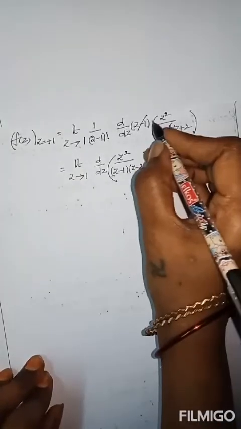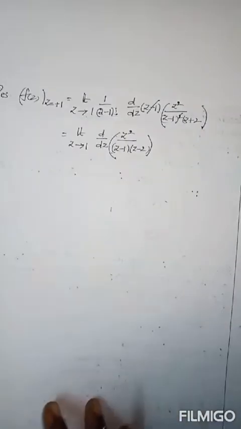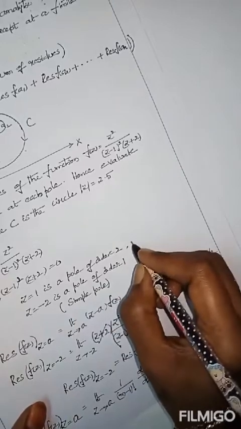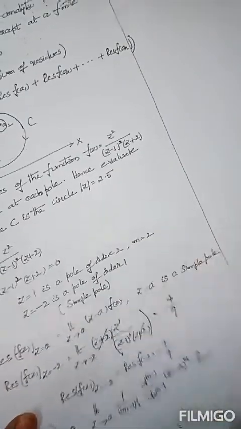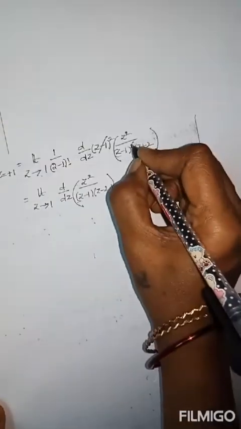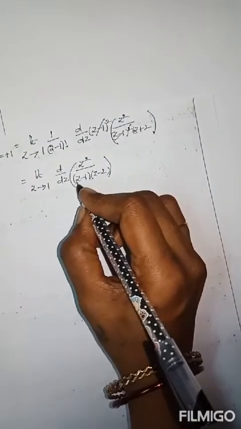But here the power is m, as per the formula, (z minus a) to the power m. Here m is 2, the order is 2, I mean m equal to 2. So that power should be there. So these two get completely cancelled, so that just z minus 2 only is there.